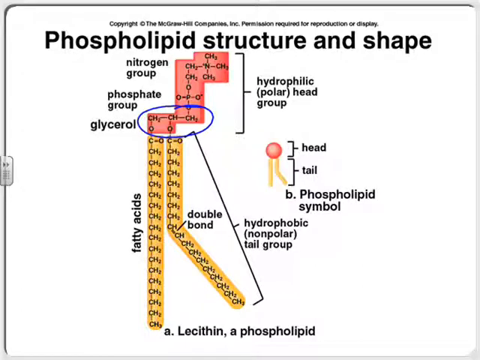Attached to 2 of those carbons in that alcohol are these long chains you see right here. Notice these chains are just carbons and hydrogens. Kind of boring. Even the chemistry of them is kind of boring. That's sort of what oil looks like, by the way. That's basically the structure of oil: long chains of carbons and hydrogens.